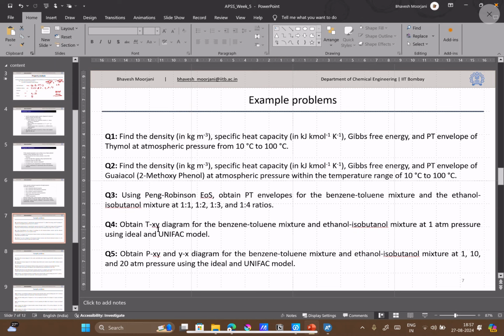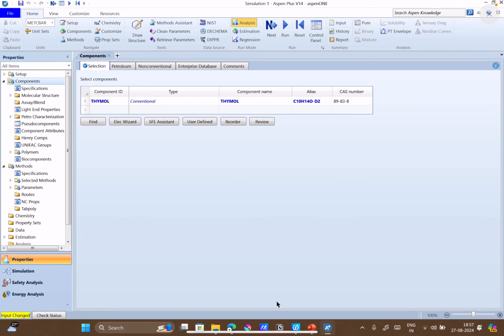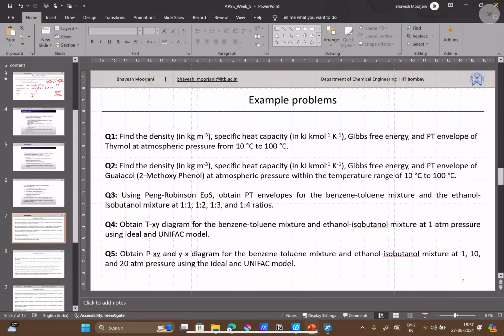Similarly, question 4 says, obtain the TXY diagram for benzene-toluene and ethanol-isobutane mixture at 1 atmosphere, using the ideal method and UNIFAC method. These questions 3, 4, 5 use the same sort of compounds, just different properties that we have to calculate. First we will do benzene-toluene, and some of you can do it for ethanol-isobutane.